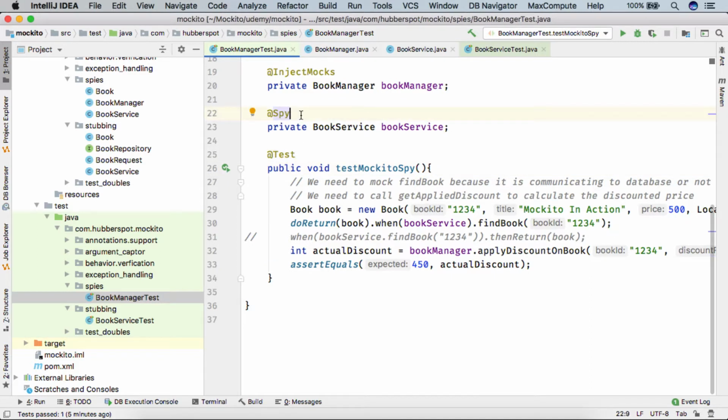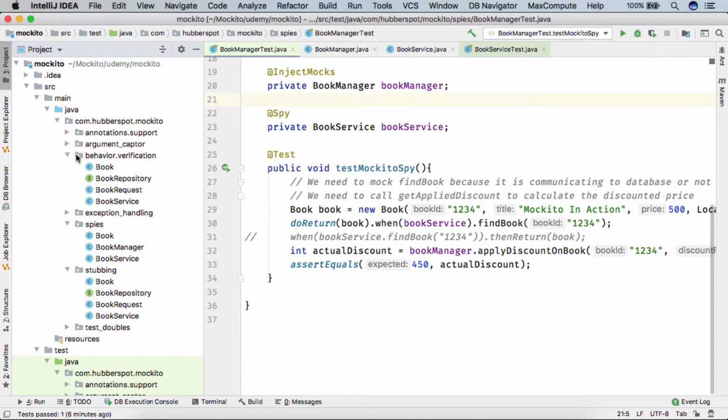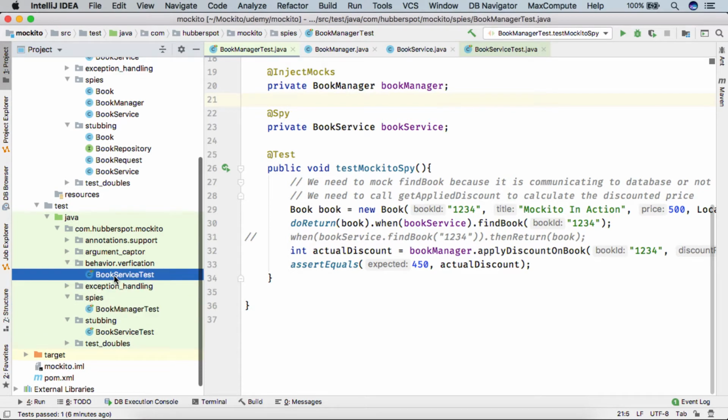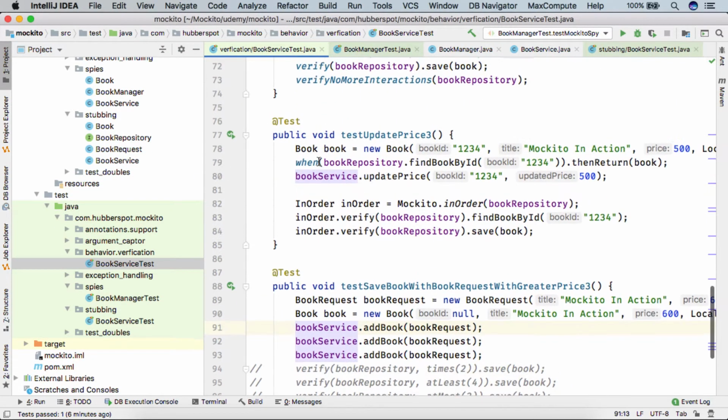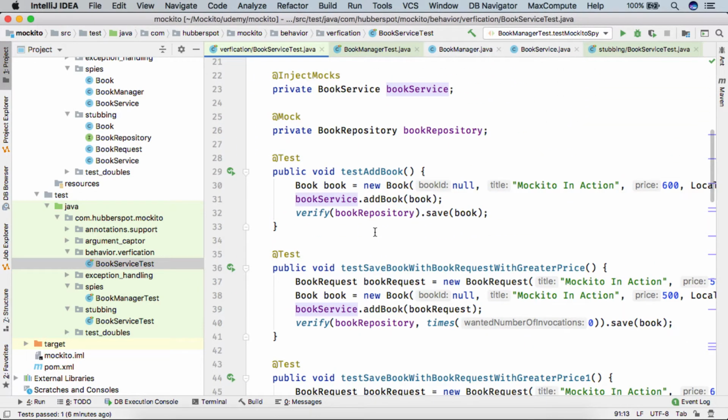So friends, when it comes to behavior verification, the spy and mock perform almost the same stuff. In our previous lectures, when we discussed the mock, we also saw how we can use mock to perform behavior verification, where it helped us know whether any particular method was actually being called with a proper argument.